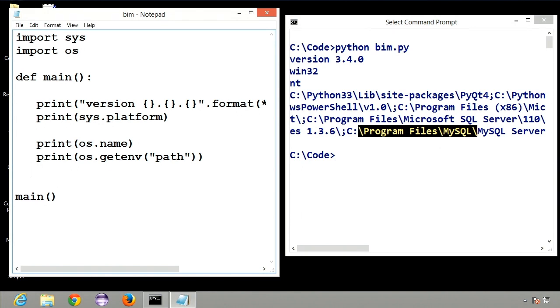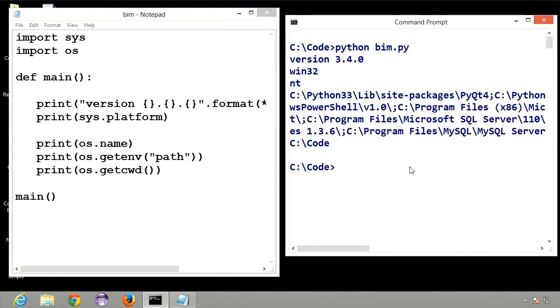I can also print os get current working directory, like so. Right, here's the current working directory. I'm in the code directory. These are the kinds of things that you want to explore when you are trying to determine, for example,